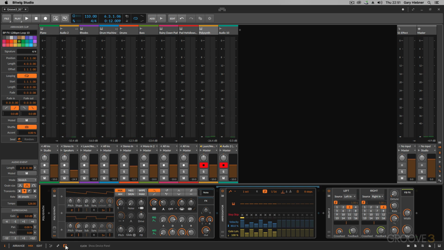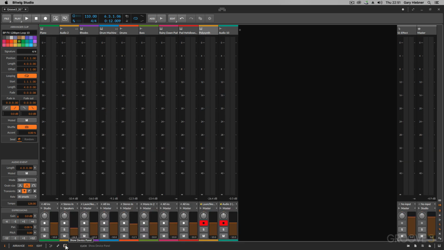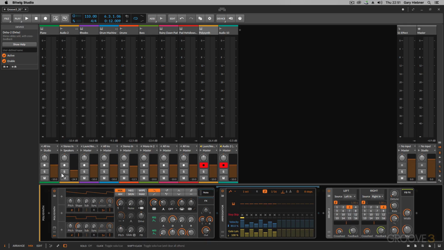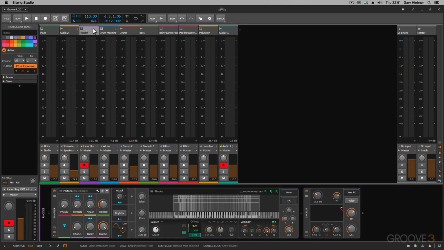And then down over here, I'm obviously seeing the device panel. So I can click that to make this view even bigger. So I've got these insanely huge meters. Now, I really don't need that. I like seeing my device panel. So if I click between each track, I can see what is on each track